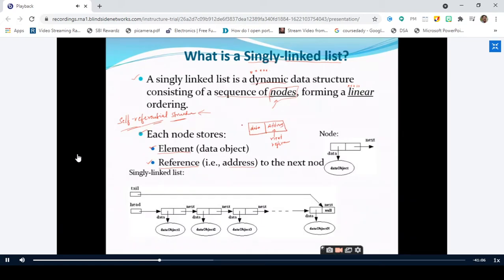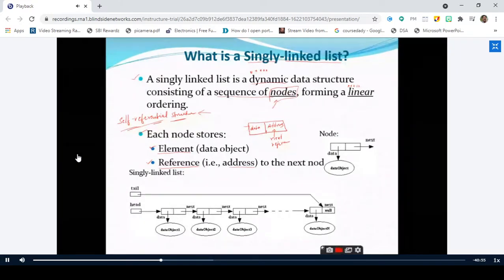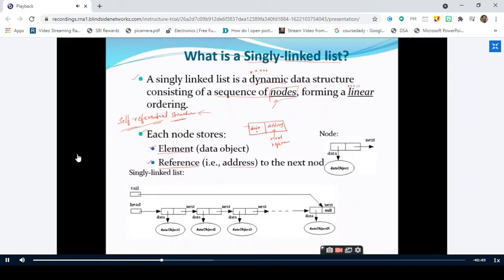Right? But the first part we are using is the data part. The data part represents the original data which you want to store inside the node. For example, I want to store an element 10. So the element 10 should be stored inside the data part. If somebody wants to use the node to store characters, yes, it is possible. You can store a character A inside the data part. If somebody wants to store the floating point value 13.57, yes, it is possible.